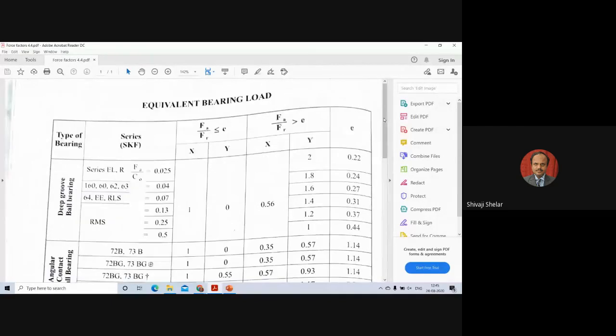And once you select that type of bearing, you evaluate the values of FA, FR, and then you select one particular bearing. For that bearing, C naught value is available in the table. You take that value, do the calculation and check out the X and Y factors. And from these X and Y factors, you can calculate the equivalent dynamic load on that bearing.